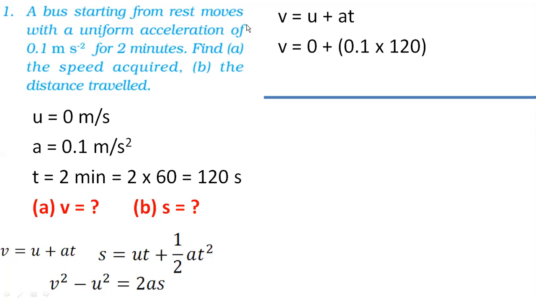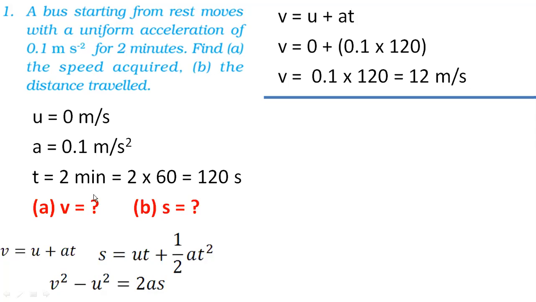Okay, who is the first one to give the answer? Sania is the first one to give the answer, 12 meter per second. Second, Samruddhi Kabra, 12 meter per second. And third, Tanmay Bhandari, 12 meter per second. What about other students? Everybody agrees that all we have to do is multiply 0.1 into 120, which we can easily do. So the answer is 12 meter per second. That's our final answer.